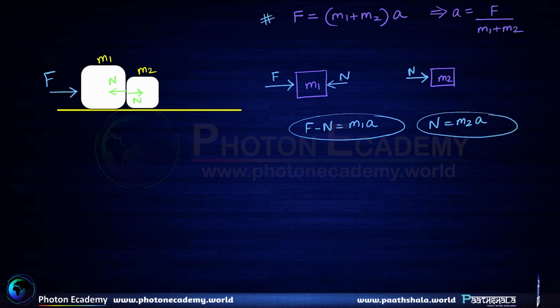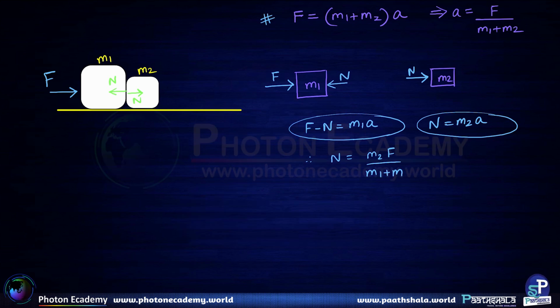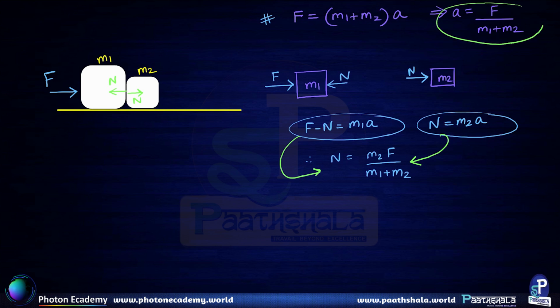So we could have solved these two equations also to get the acceleration, or we could have used the logic about the combined bodies to directly get the acceleration. From these two equations also the acceleration is going to be equal to F upon M1 plus M2. And for finding out the normal reaction, N is equal to M2A. Therefore N is going to be equal to M2 times F upon M1 plus M2. So this is also obtained by solving these two equations. So from these also you can get N is equal to M2F upon M1 plus M2. Or you could just put this acceleration that you have obtained